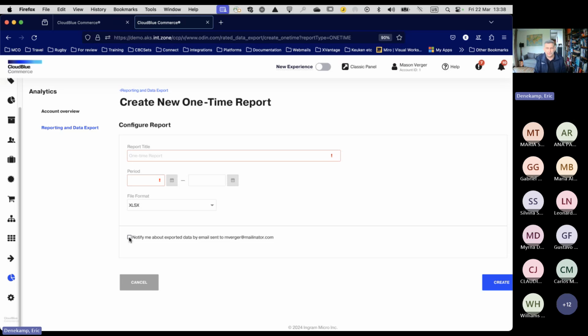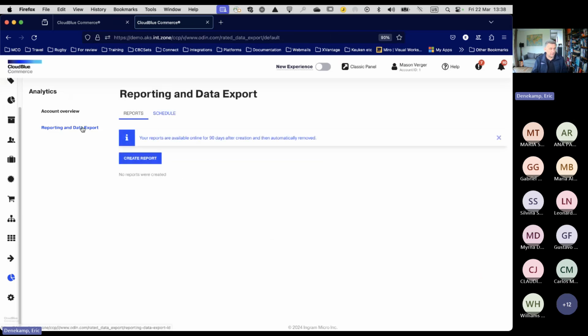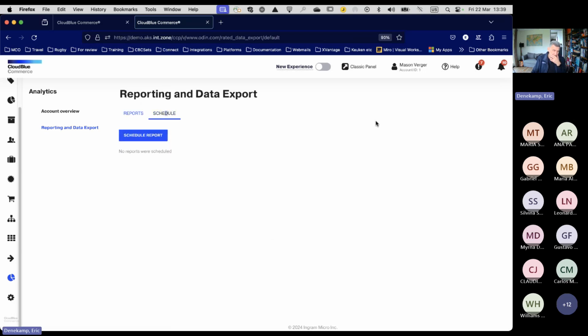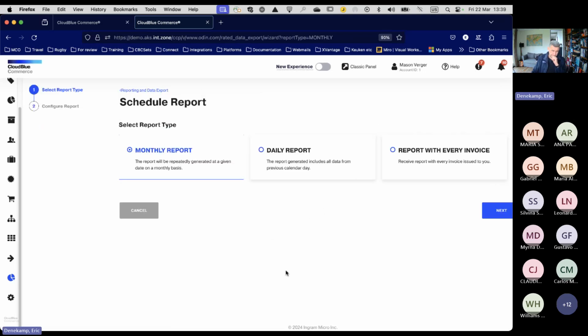I can go and do other things, and when the email pops up, I can either go back in or follow the link in that email that tells me that the report is ready. That's a manual report, so I need something now. The second thing I can do, and I think that most of our partners do this, is they schedule those reports,